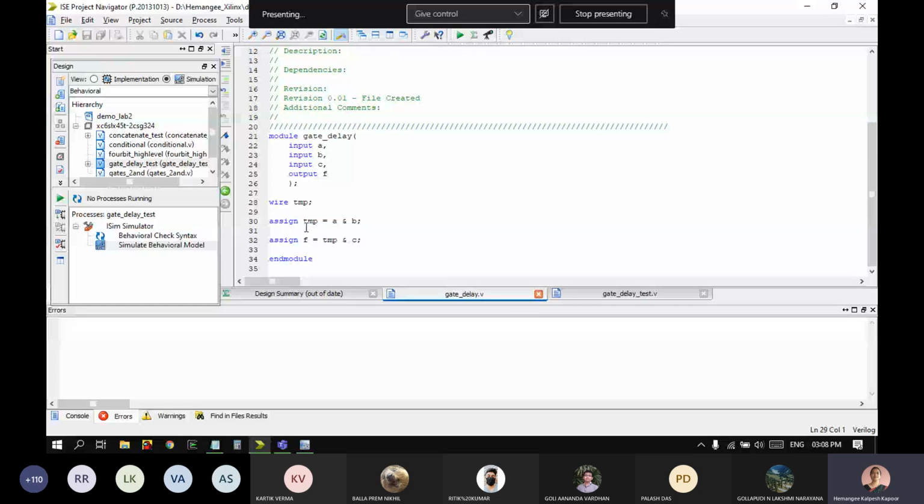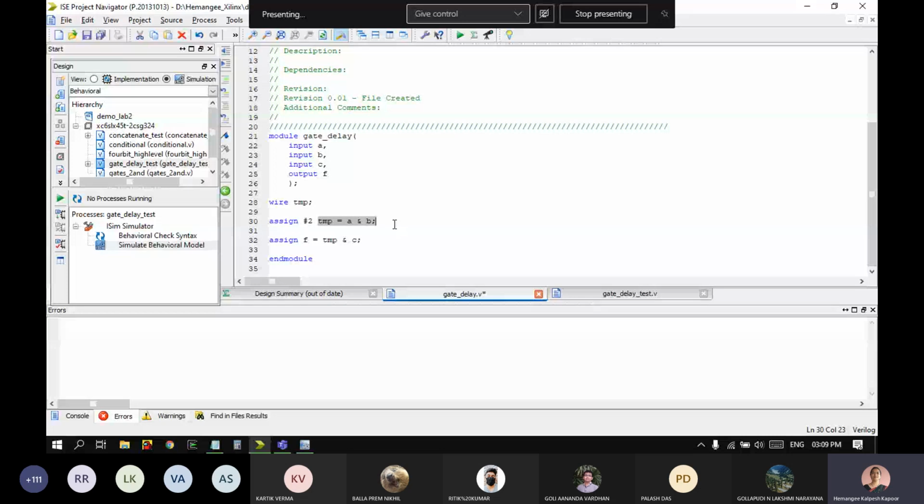I'm writing a #2 in front of this temp. You can write the same thing even here, so wherever you wish to insert. Right now I'm just demonstrating for temp. So the first AND gate is going to give output after a delay of 2 time units, and hence if the output of the AND gate is going to affect the second AND gate, then even that would get affected in a cascaded manner, right? Because something else changed, and so that affects the future gates.